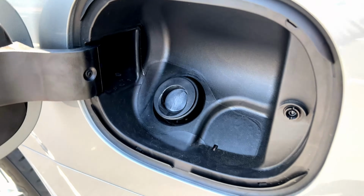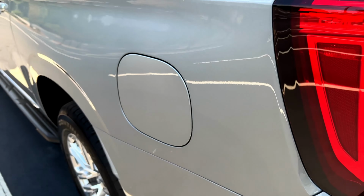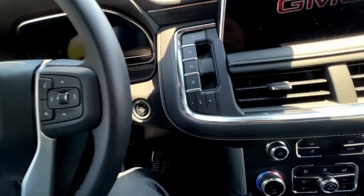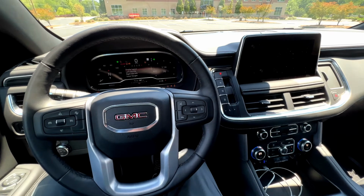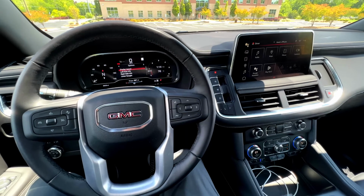Whereas this is a GMC. You can take it to the Cadillac store, and when it's time for you to service your vehicle, you're going to get a much better dealership experience, probably going to be treated better. And when you need a loaner car, they're probably going to throw you the keys to a Buick or something, which is much better than a Chevy. So that is an advantage, but one of the disadvantages is there is no good deals going on with any